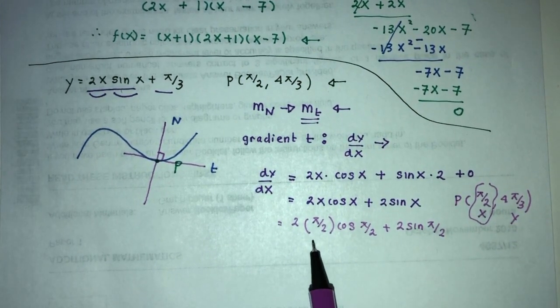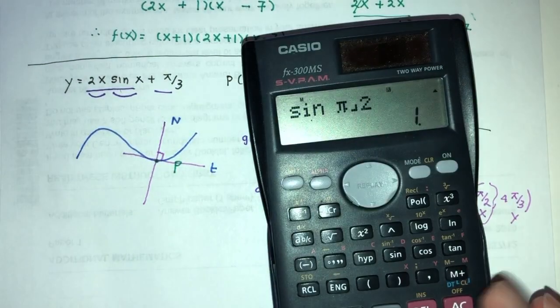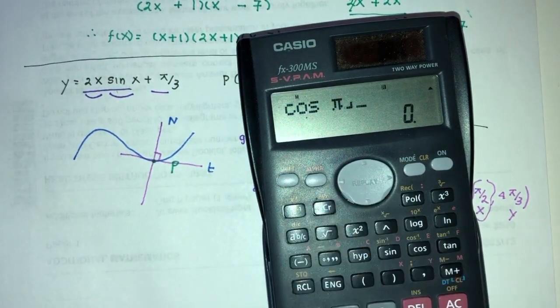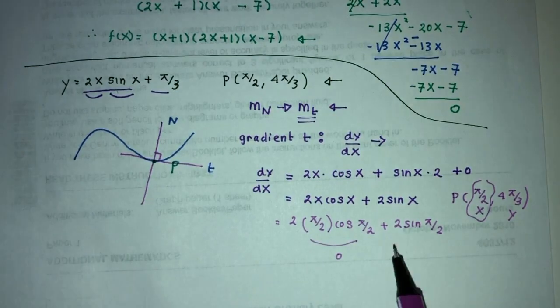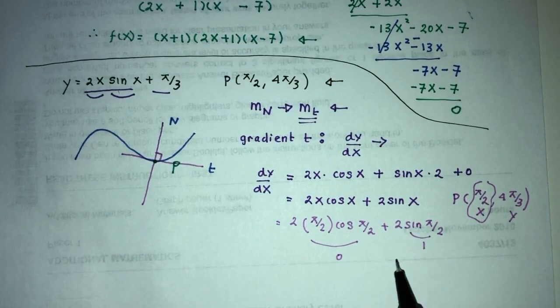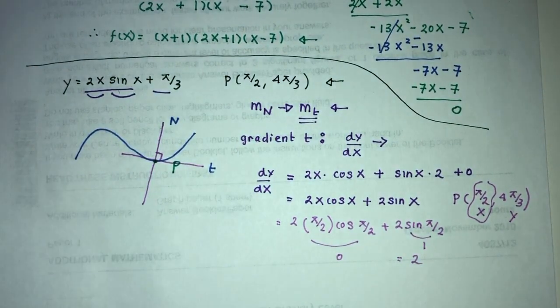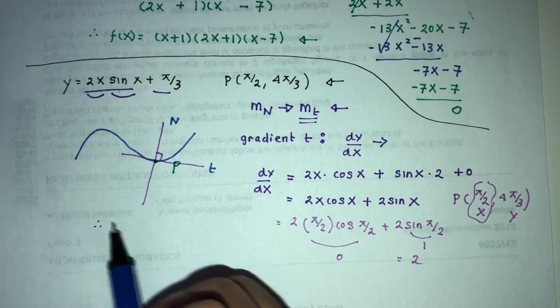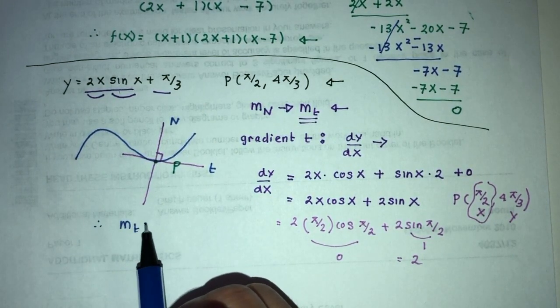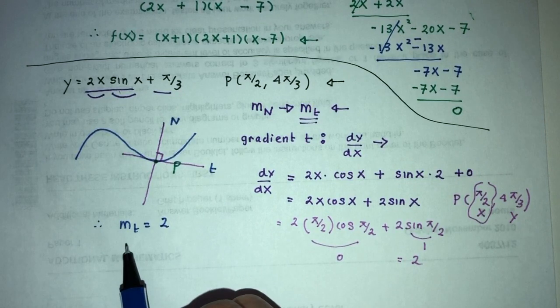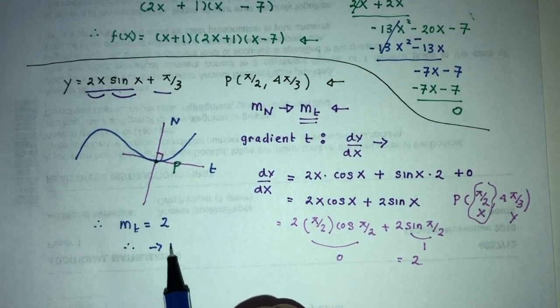Cos pi by 2 is 0, so that whole part will be 0. And here sine pi by 2 is 1, so that will be 2. So we have confirmed that the gradient of the tangent is equal to 2,